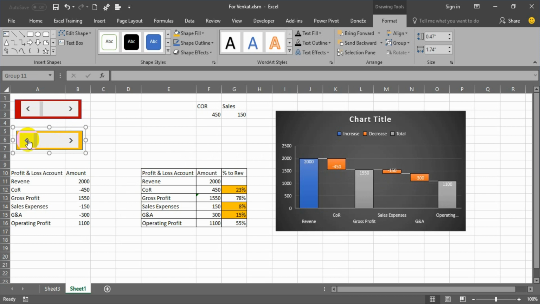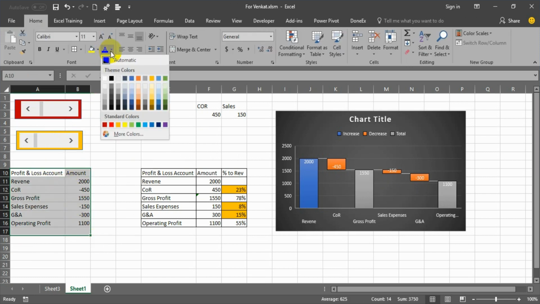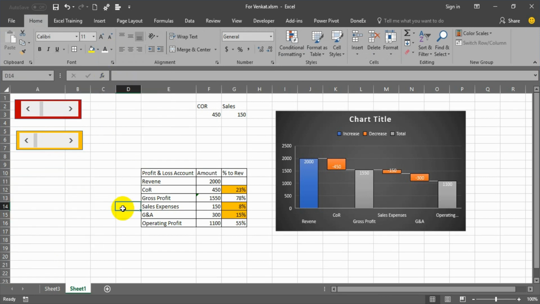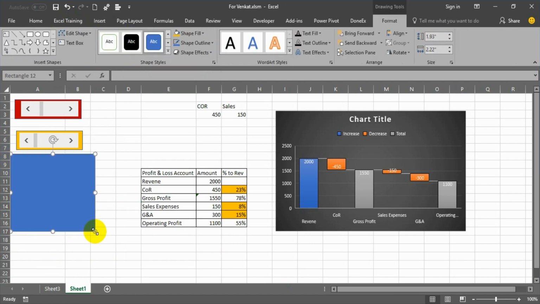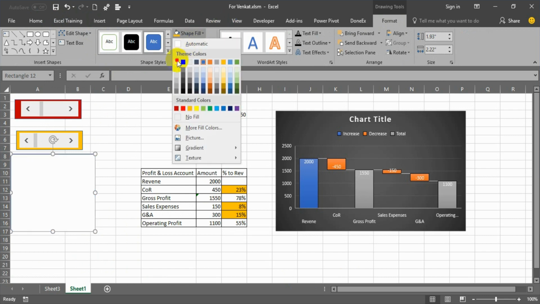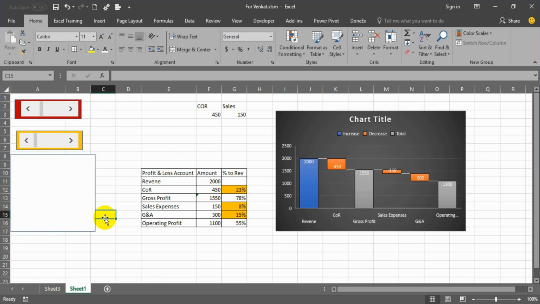Now if you look at the graphic, the moment I am changing the values, the graph is changing. That is what our objective is, right? So I'll just hide it because I don't want to show it. This is the actual source data, but still it is not giving anything. So I can just add an object above that so that it will not be touched by anybody, and I give some graphic. That way the source data does not get disturbed.